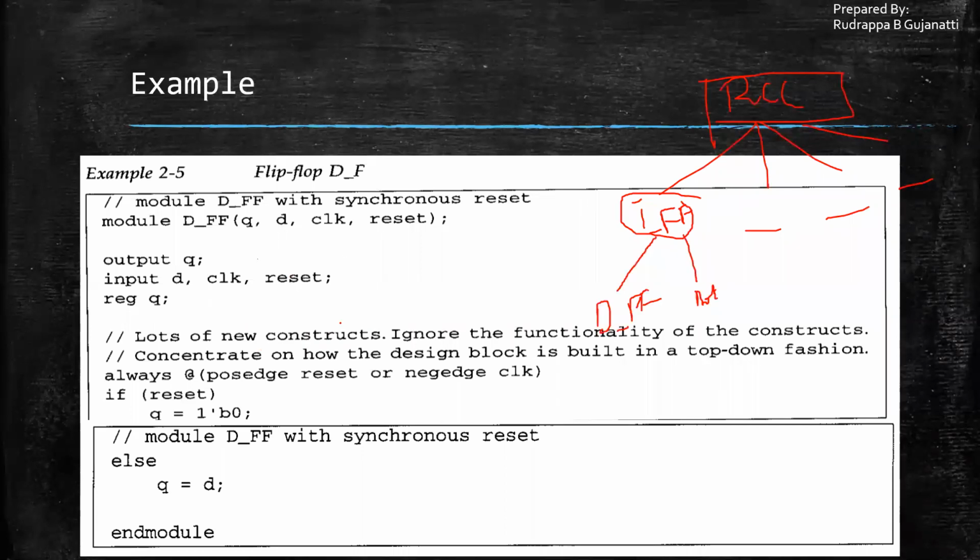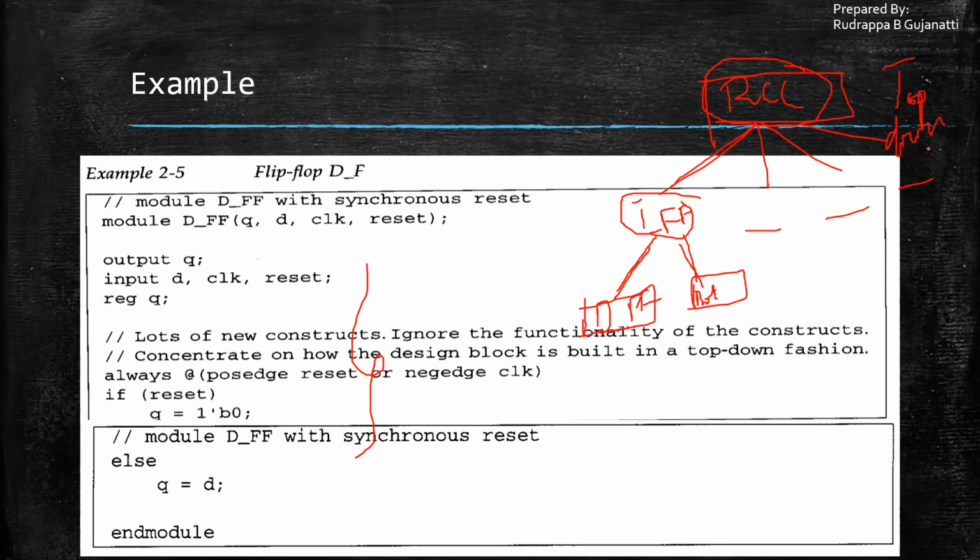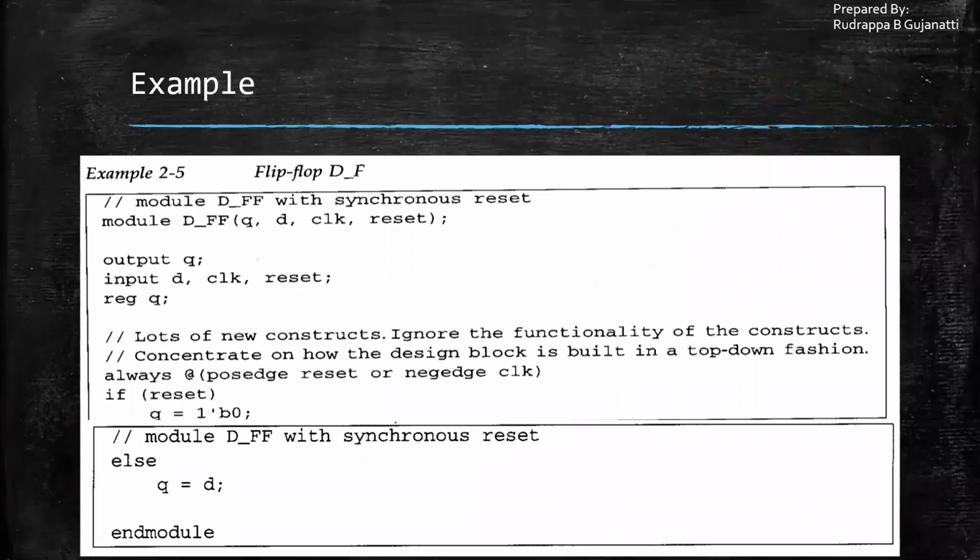Under this, you are not dividing it further. Here I am assuming that this is the last level, and I cannot divide it further. So these are the leaf level cells we have obtained. You are building the entire ripple carry counter by making use of the T flip flop, and the T flip flop in turn using the D flip flop and the NOT. So it is a top down design approach that you are utilizing over here.